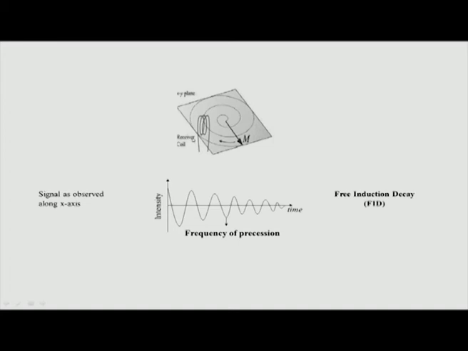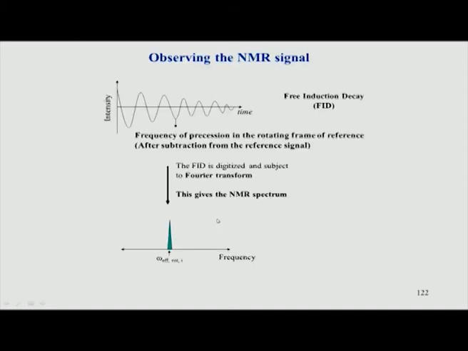During this process of dephasing and at the same time going back towards the z axis, we keep a receiver coil, and that induces a current, an EMF, in the coil. This EMF decreases to 0 like this, because at the end the magnetization is completely dephased and nothing is in the xy plane, everything has gone to the z axis. So the signal has completely dephased and become 0. This is what we call a free induction decay.